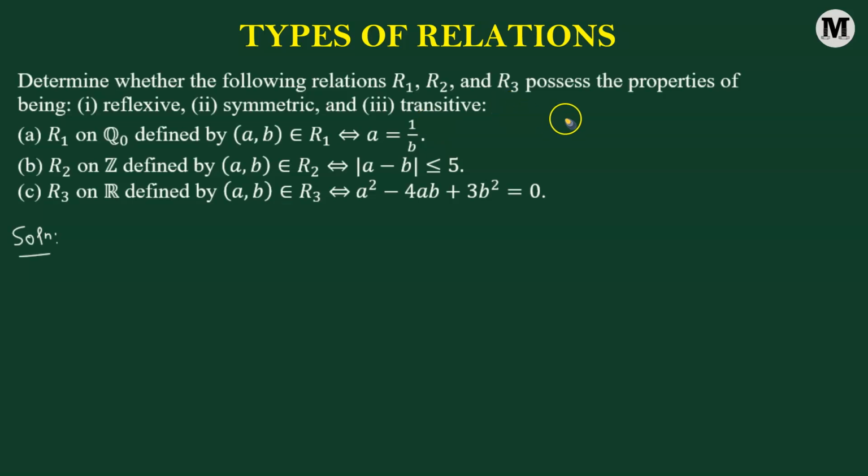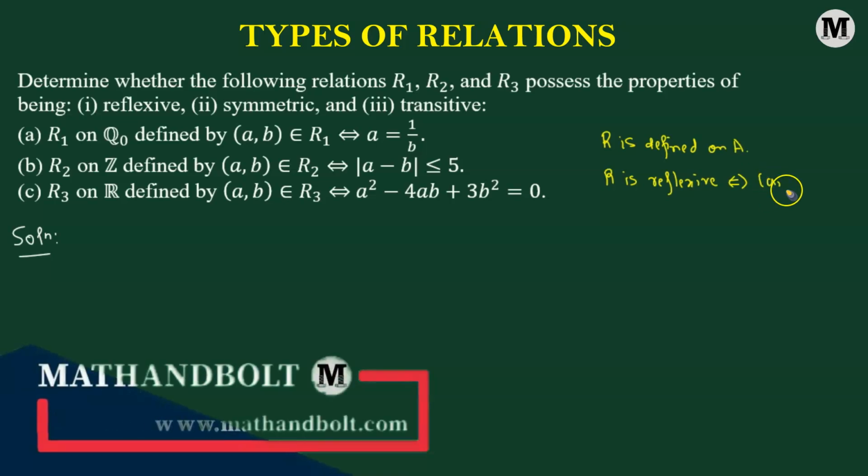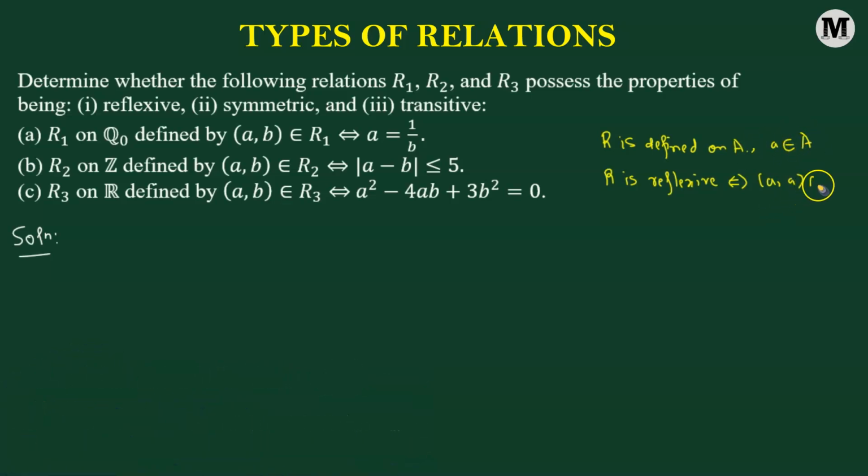So let's start with the property of a relation being reflexive in nature. Here R is a relation, let's say, which is defined on some set A, such that R is reflexive if and only if (a, a), where a is an element belonging to the set A, belongs to the relation R. So when we have this ordered pair (a, a) belonging to the relation R, then we can say that